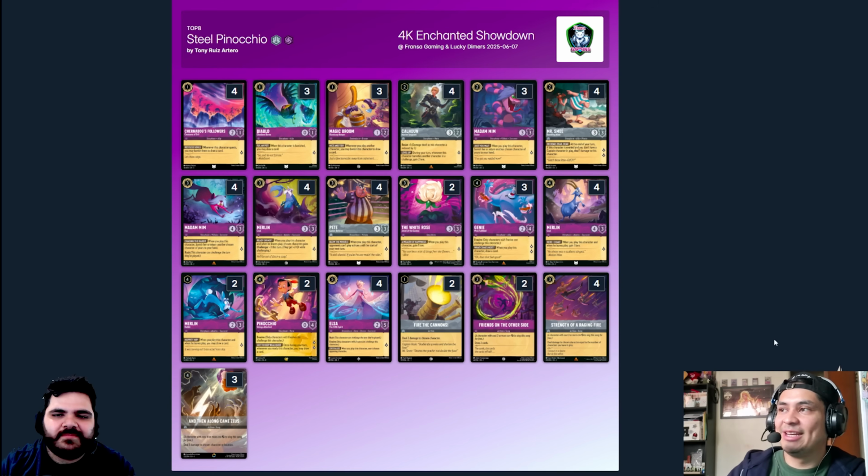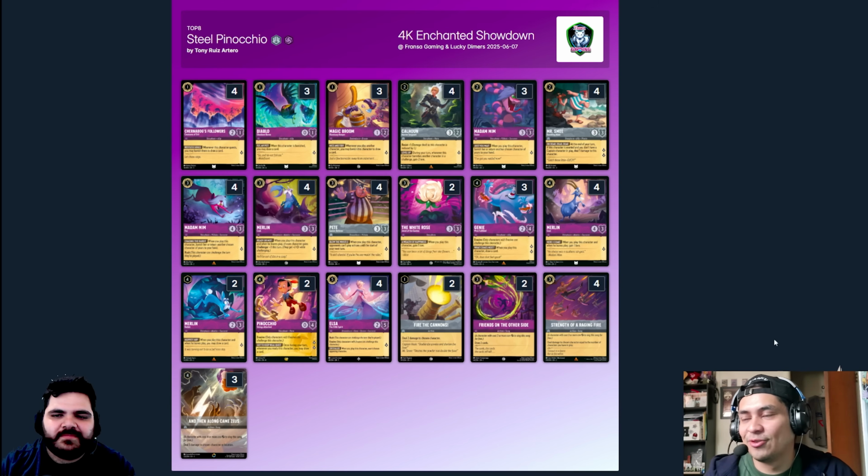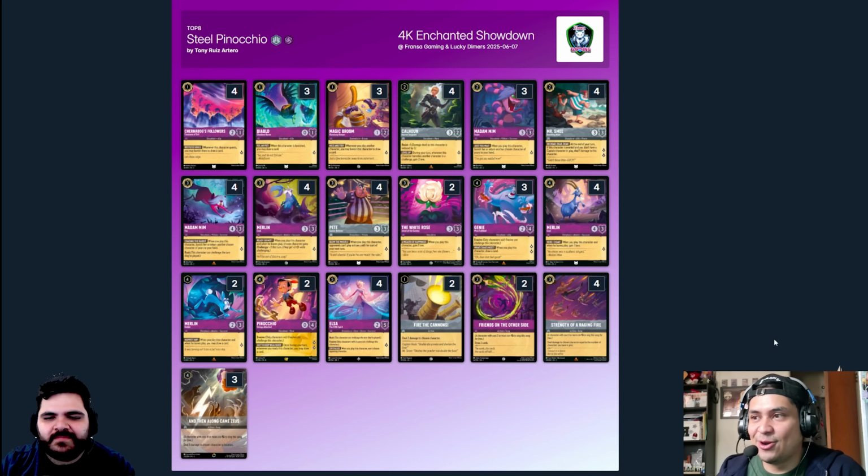Amethyst Steel making its way into the top 8 of this tournament as well, by Tony Ruiz Artero over here. Amethyst Steel, very strong deck. We have 4 copies of Pete, which is probably one of the best cards in the game, alongside a lot of Lore Burst, 4 copies of Go Goat, 3 copies of Genie Wish Fulfilled, which will quest for 2, 2 White Rose, 2 Rabbit,